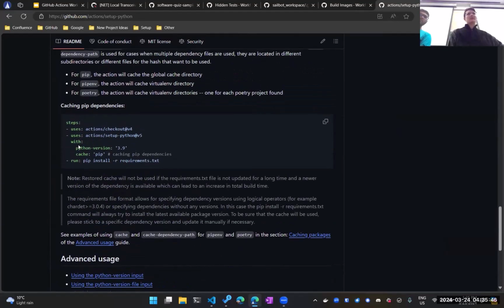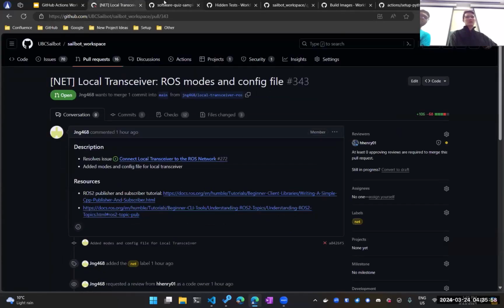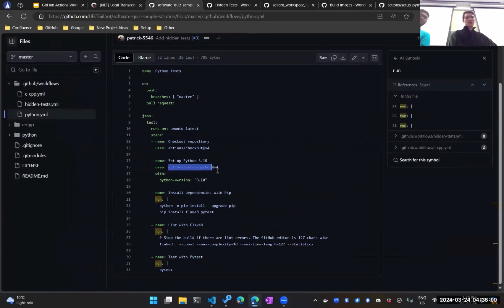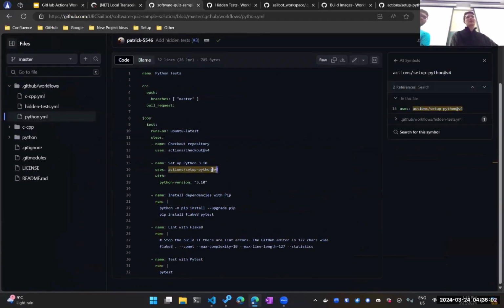So for example, here you can see some arguments that are often used: setting the Python version you want to use, as well as a cache for the pip dependencies, just to speed things up. And this last part is just specifying the major version, in case you want to pin the version being used, to ensure that it runs the same every time,